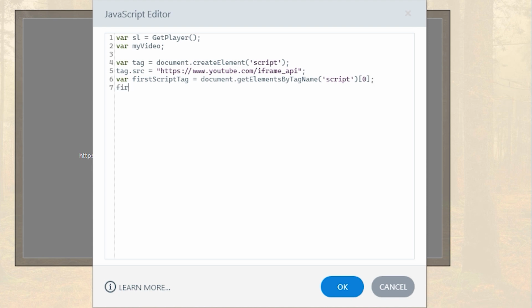And then one final line, firstScriptTag.parentNode.insertBefore, and then in parentheses tag, comma, firstScriptTag,